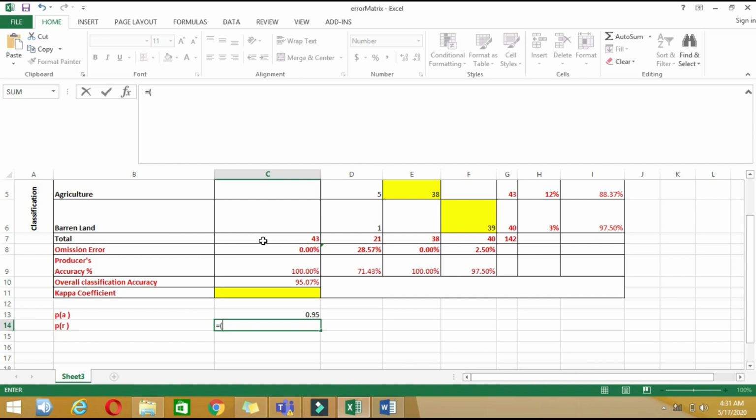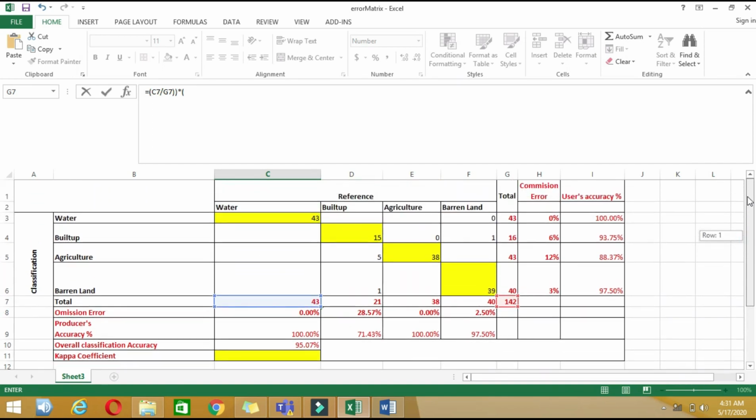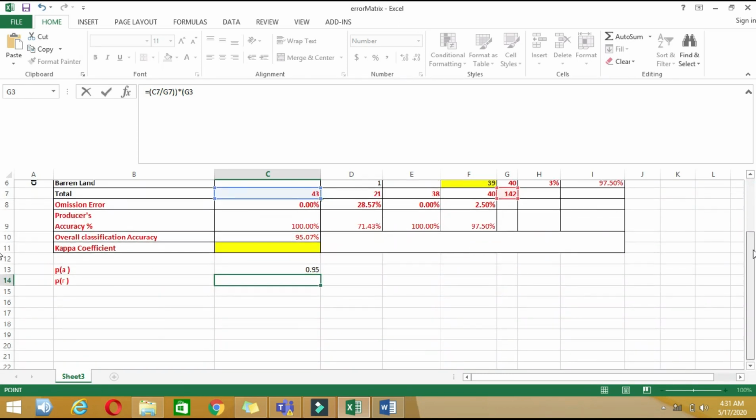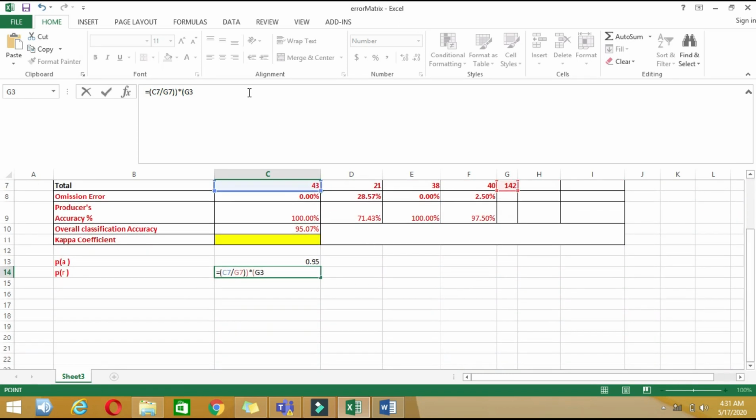What I have to do is take this divided by 142, then multiply it by the row total divided by 142 again.